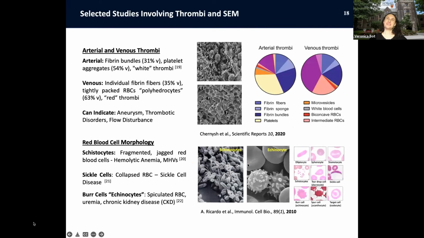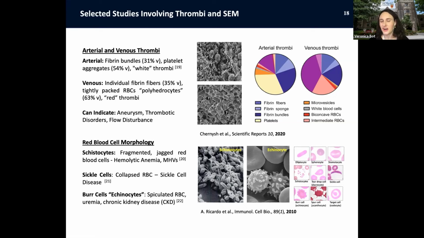So in terms of other applications, I really want to inspire you to think outside the box and recognize that SEM is useful not only for imaging blood material interaction, but also imaging thrombus structure on its own. So looking at the composition of the blood clot, the relative proportion of fibrin and platelets can tell us whether it was of arterial or venous origin. This was a very interesting paper I read. So arterial blood clots or thrombus